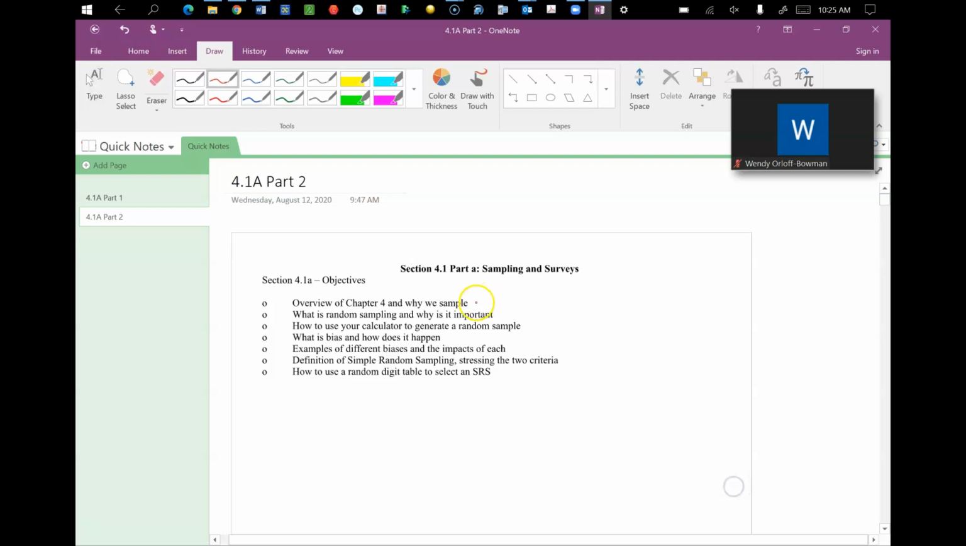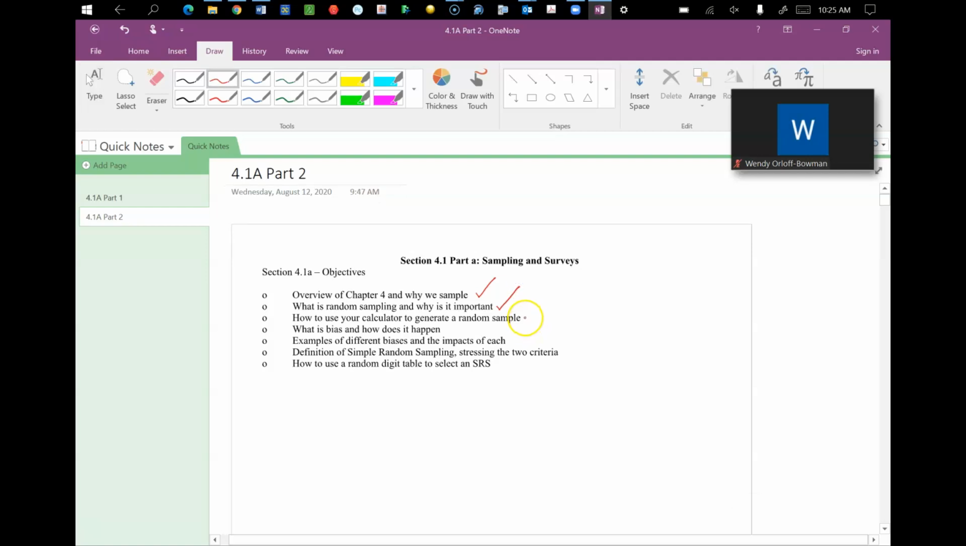So, in the last video, we had an overview of Chapter 4 about collecting data. We took a look at what random sampling is and why it's important. We discussed how to use your calculator to generate a random sample, and we discussed what bias is and how